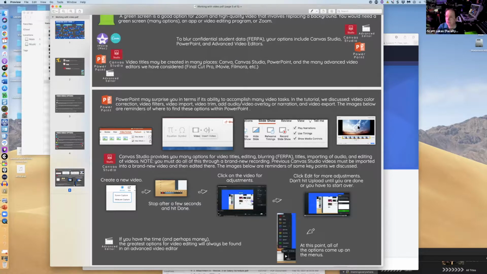Now, when we discuss Canvas Studio today, and Solange got a preview of this yesterday, there's a weird workaround. You can actually do a lot of powerful edits to your video. You can do titles, you can do blurring, you can insert arrows, but all of it has to be done through a new video. And so if you've recorded a Canvas Studio tutorial, and that's saved to Canvas Studio,